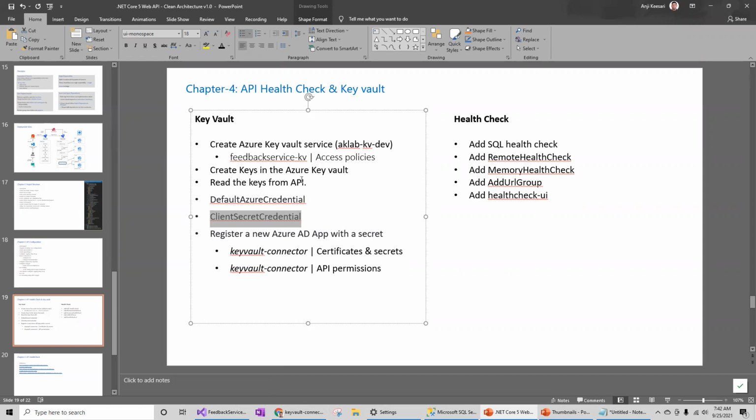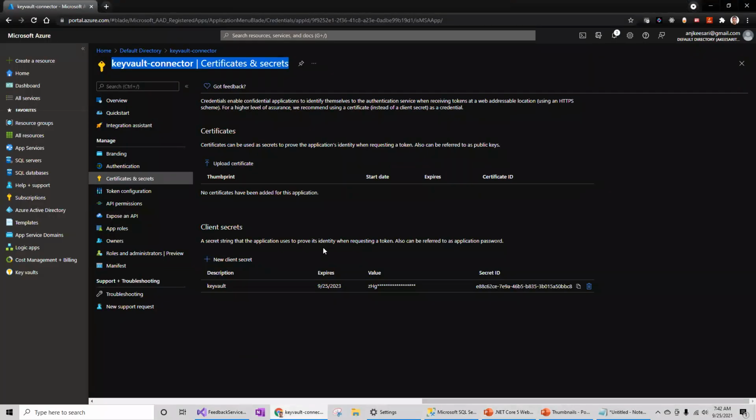for providing access to the Azure Key Vault, and then we need to add permissions to the Azure AD app to get access to the Azure Key Vault so that this app can connect to the Azure Key Vault by accessing it through the client ID and client secret. So let's go, and I will first explain what the required steps are for Azure Key Vault in the Azure portal.